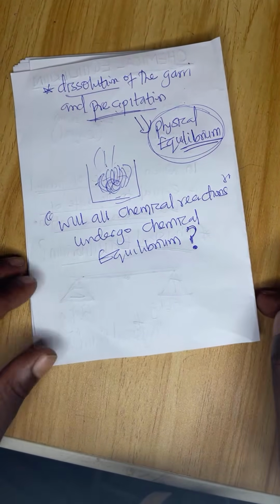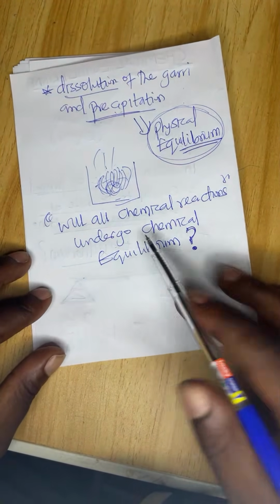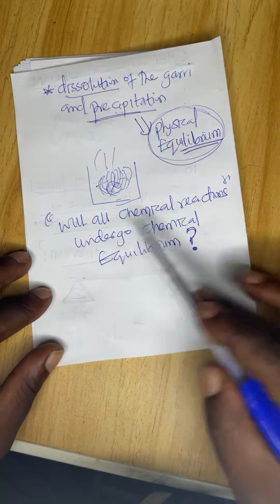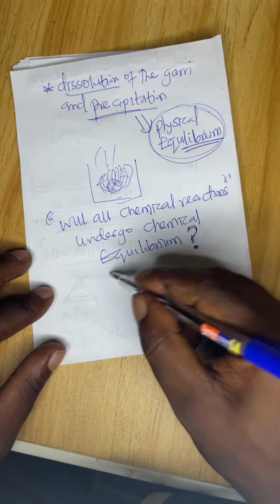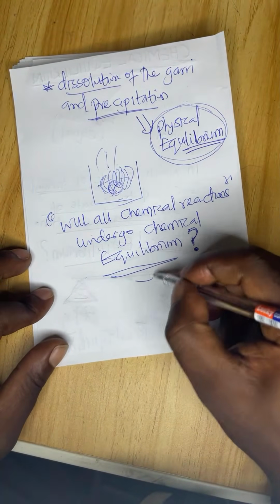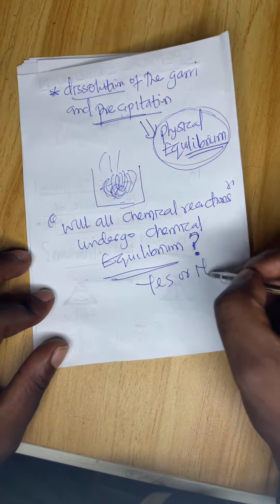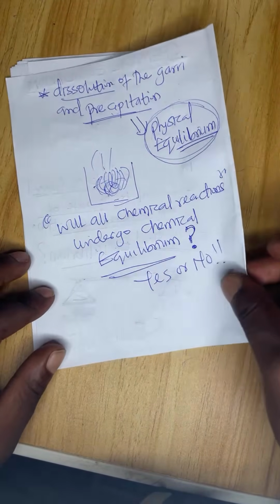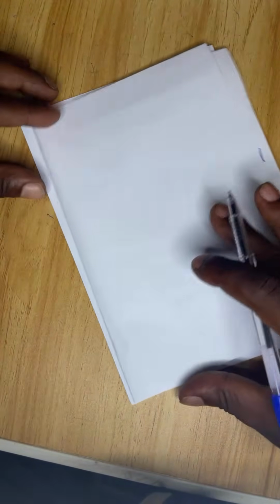So now, will all chemical reactions undergo chemical equilibrium? You will now know the answer, if it is a no or yes. Yes or no, don't answer yet. You will now know. So now the next thing becomes factors